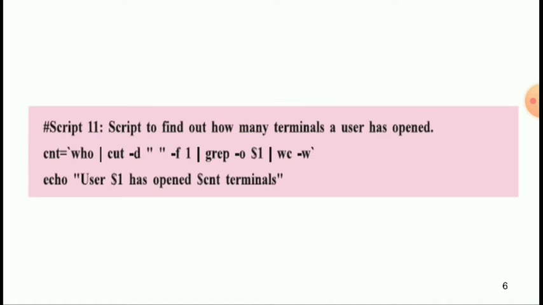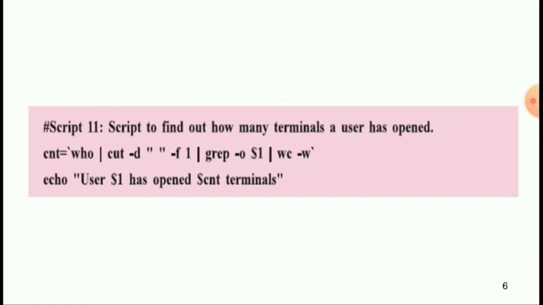Next is cnt, that means count, in backquotes, and who, that means the terminal's name. Cut -d " " -f1, pipe grep -o $1, and pipe wc -w, backquote over. Echo user $1 has opened $cnt terminals.